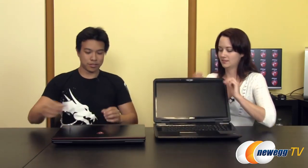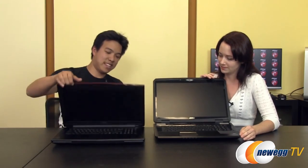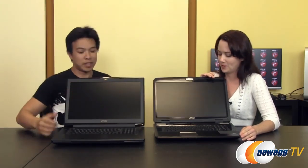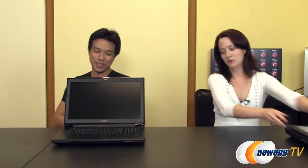I actually have the old GT70 right here. This is our workhorse. Been around the world several times with us. We do all of our editing on away missions on it. So let's take a look at the two of them inside. So what's different? Everything is different about these two systems. Again, a complete revamp of the GT series. Well, then we'll put that one aside and take a look at the GT72, which is very sleek and very